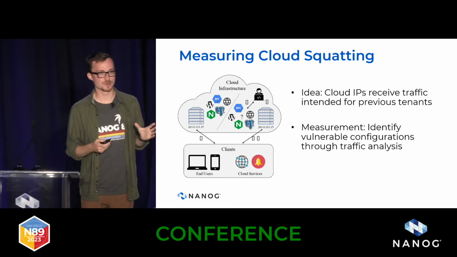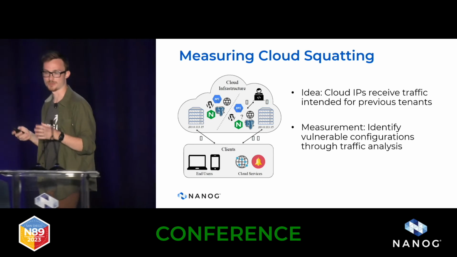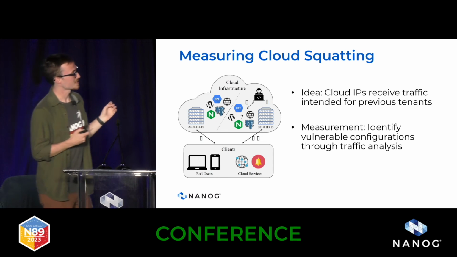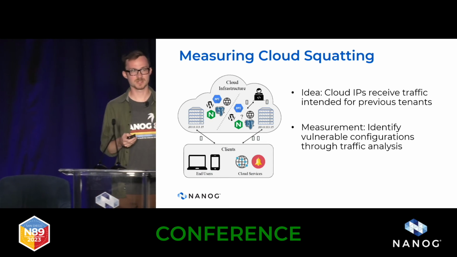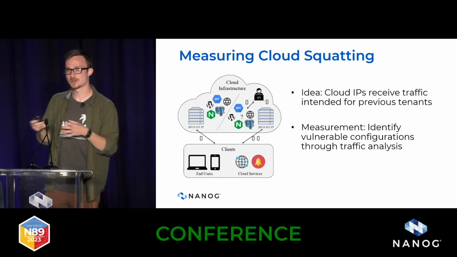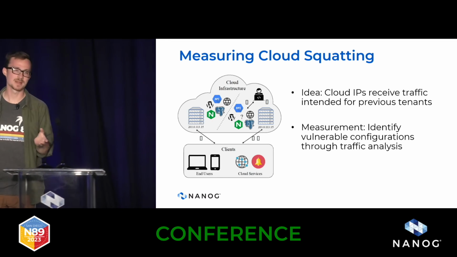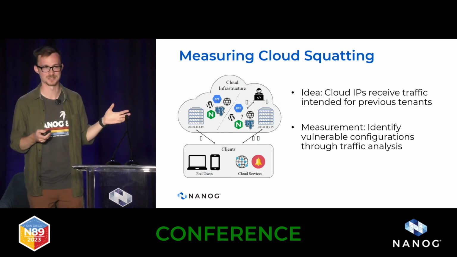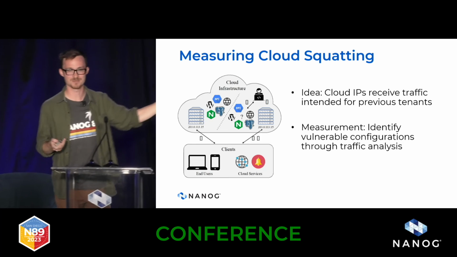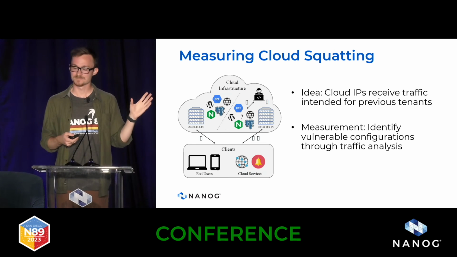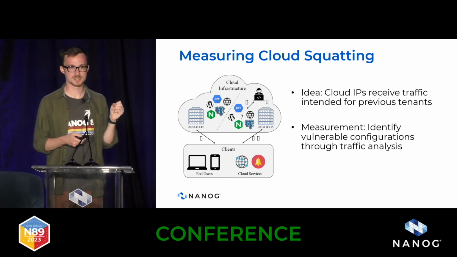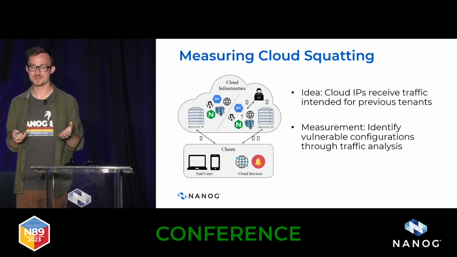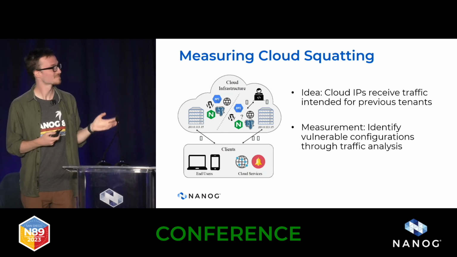Another example that we measured was the ability of adversaries to exploit previous tenants, previous owners or controllers of IP addresses. The idea here is that when a given tenant of the cloud allocates IP addresses, they associate configuration with it. This could be anything from DNS records to a sticky note on a monitor saying what address to connect to, or something on a slide saying where to submit results. But when the tenant decommissions a given service, that configuration could remain, either because DNS records fail to get deprovisioned or a sticky note doesn't get shredded.